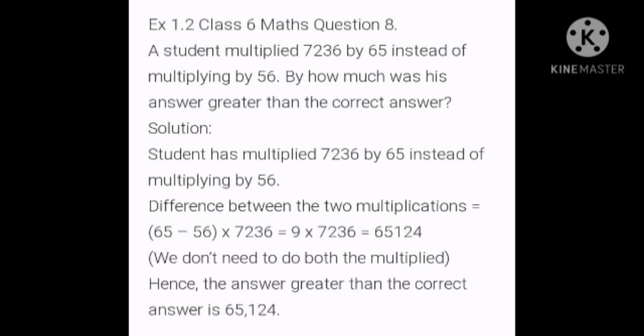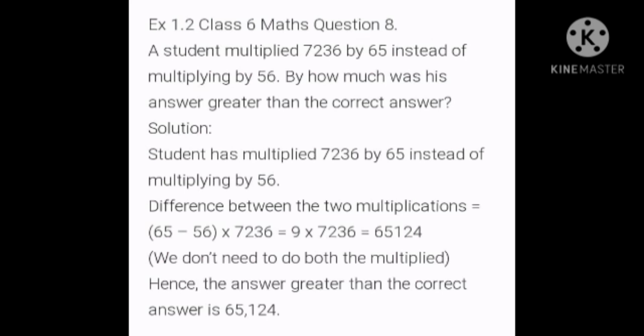So the difference between the two multiplications, that is 65 minus 56, gives you 9. So it is enough to multiply 7,236 with 9. It gives you the answer 65,124. See, it is not necessary to multiply with both the numbers. If you multiply 7,236 with 9, you get